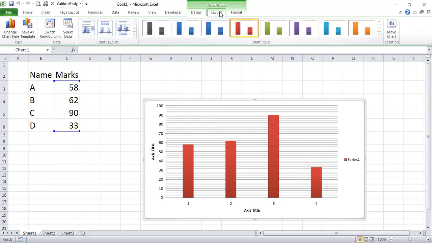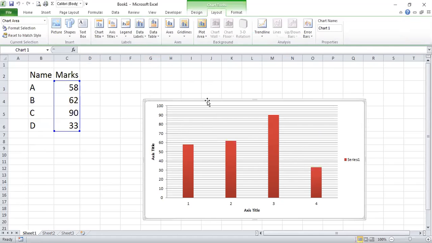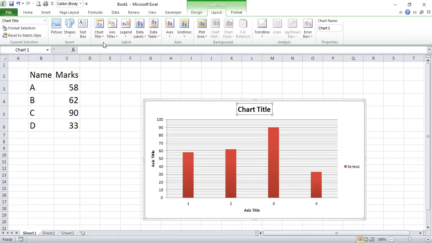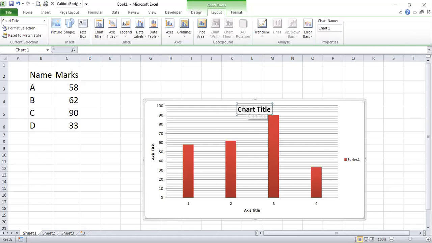So that's all about the Design tab. Similarly, we have the Layout tab, where you can see the chart title settings. Above chart, the title comes here; center layout, and the legend. Sorry, the chart title will go above the grid lines. And if you want to change this, the best way is to straight away type here.